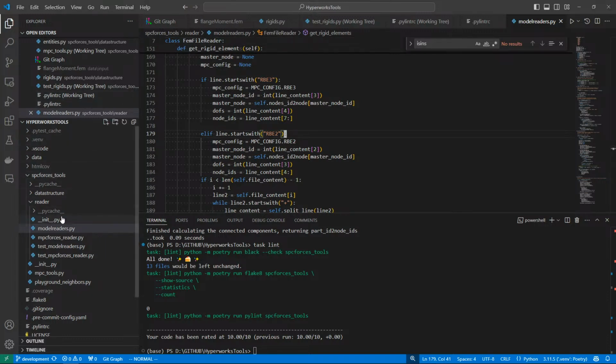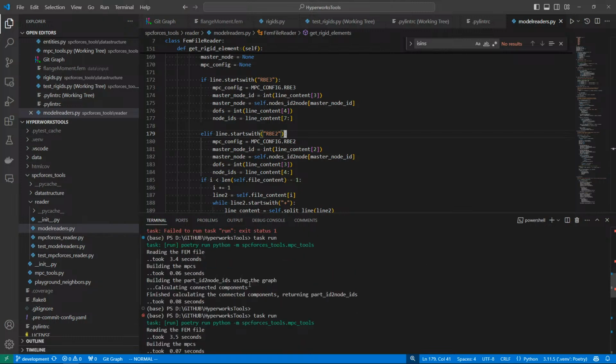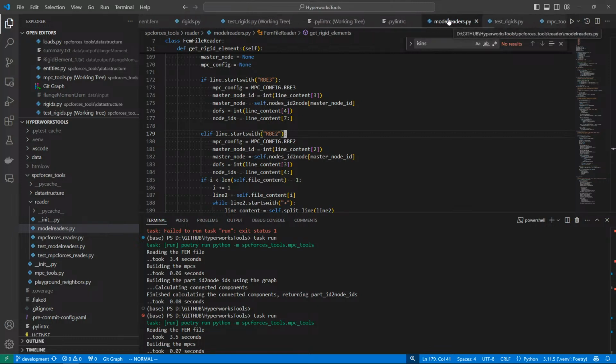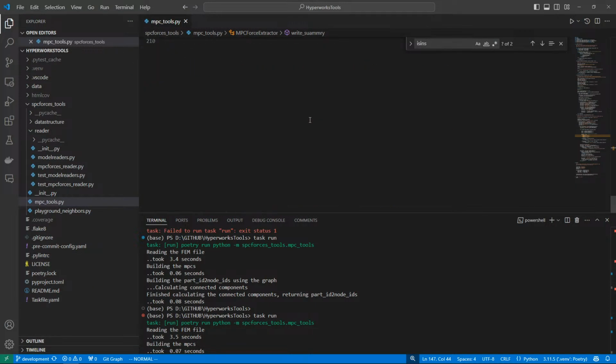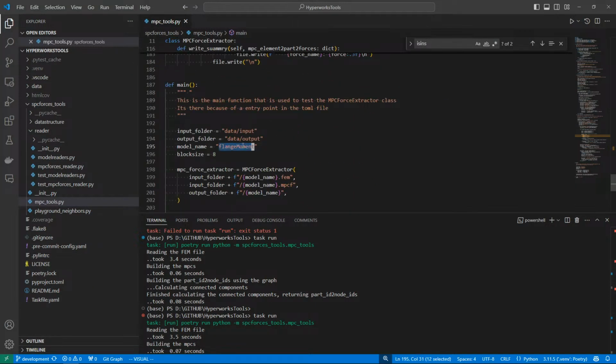So that's not bad. It's quite some nodes. And if you just think of the running times, I think it has been run here, but let's just make sure that we have the correct version. So the correct numbers. And we quickly go to the MPC tools and close others. Now let's check the model name, flange moment. Yeah, so this is exactly what we've been talking about. Now if I do a task run,